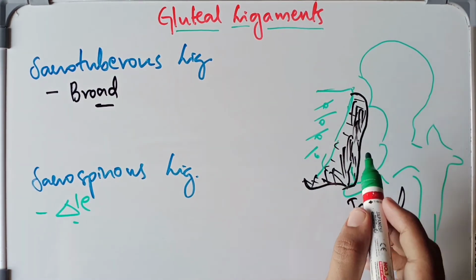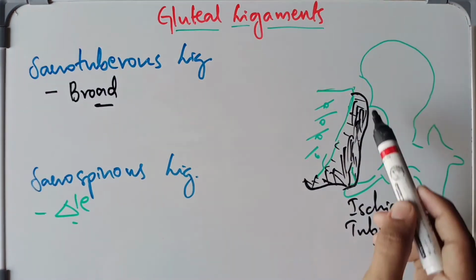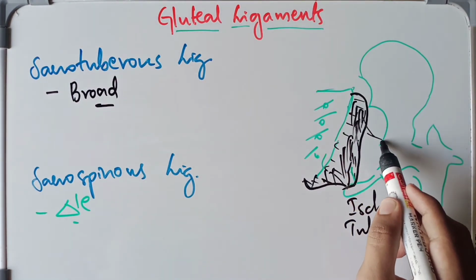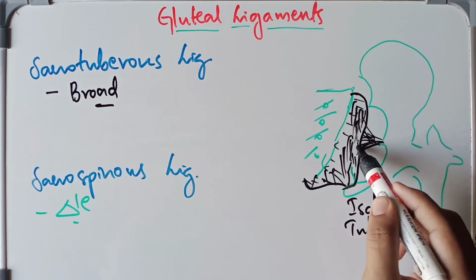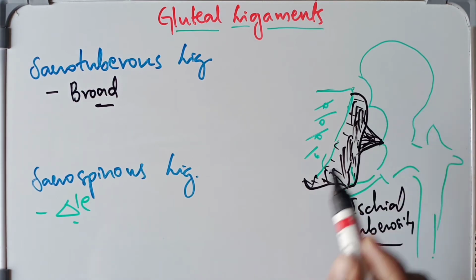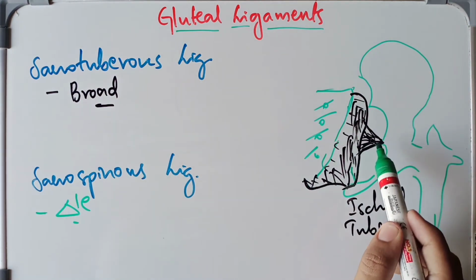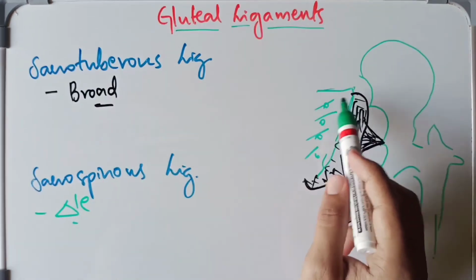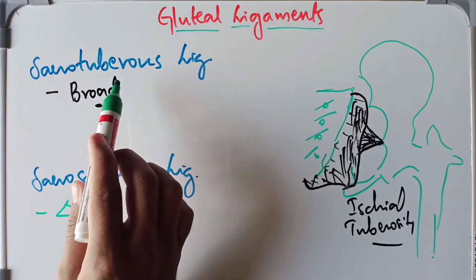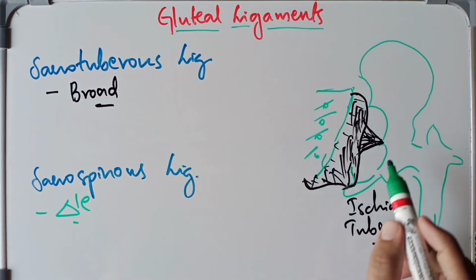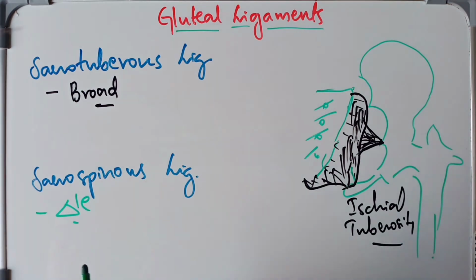Now moving on to the sacrospinous ligament, it is a triangular sheet of fibrous tissue which extends from the ischial spine to the side of the sacrum and the coccyx. Same, it will begin at the side of the sacrum and the coccyx, whereas it will insert into the ischial spine. This is the ischial spine. So we have two different ligaments. This is the sacrotuberous ligament and this is the sacrospinous ligament. Both of them originate from the sides of the sacrum and the coccyx, whereas the sacrotuberous ligament will insert at the ischial tuberosity of the hip bone, and the sacrospinous ligament will insert at the ischial spine of the hip bone.